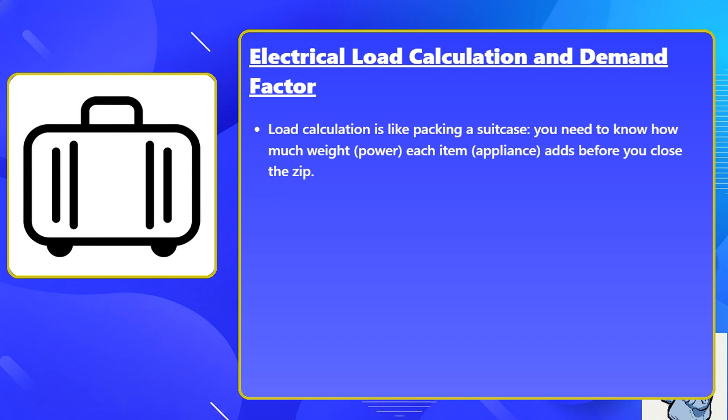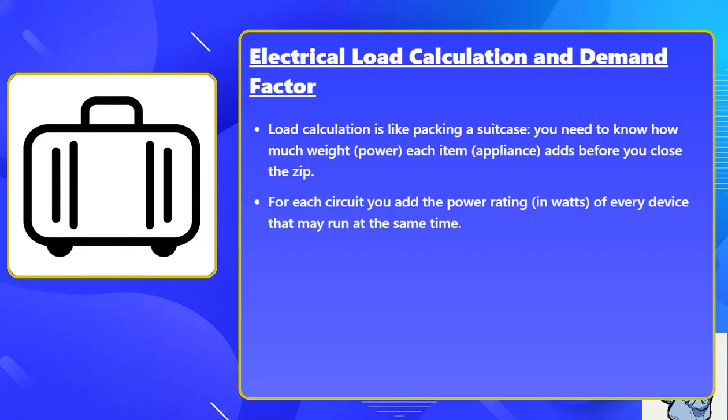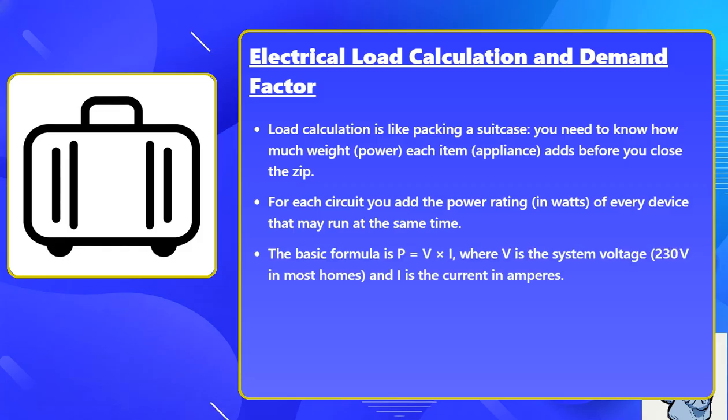Load calculation is like packing a suitcase. You need to know how much weight each appliance adds before you close the zip. For each circuit, you add the power rating in watts of every device that may run at the same time. The basic formula is P equals V times I, where V is the system voltage, 230 volts in most homes,